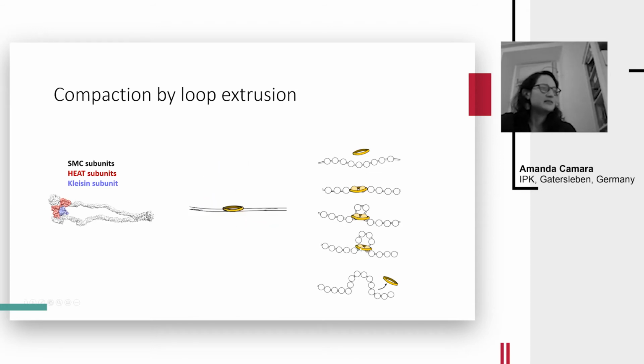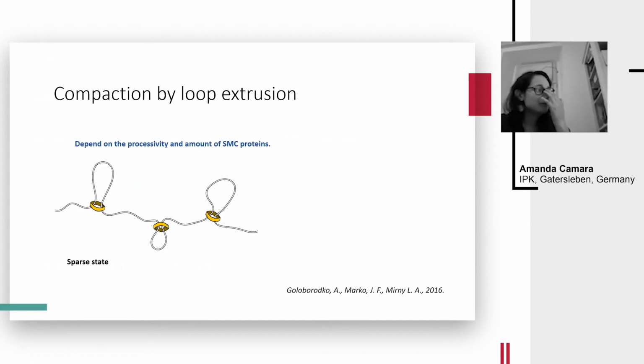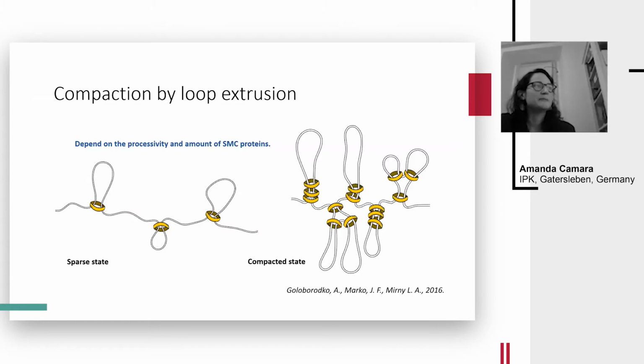And then the third step, different nucleosomes are bound together, increasing the distance, and for some time, then the SMC complex will be allowed to be released. So it has a lifetime that we consider. And this compaction by loop extrusion, we know that it's able to lead from a sparse state to a compacted